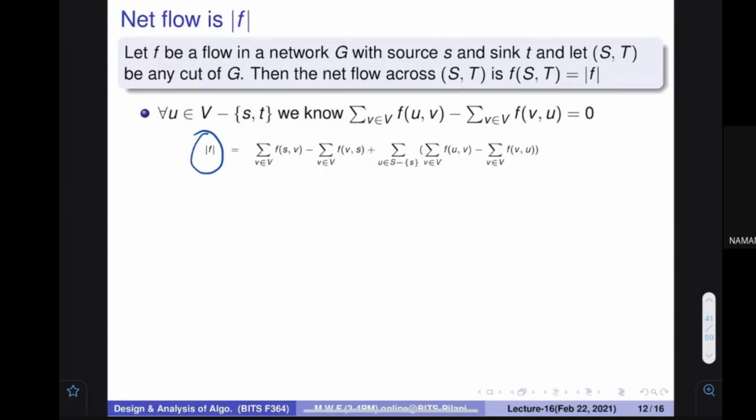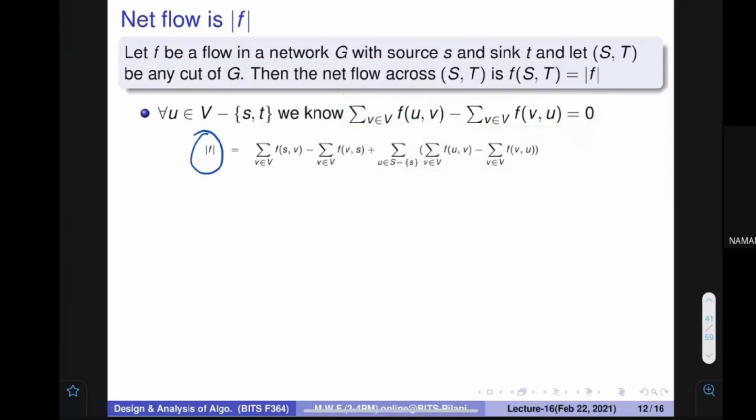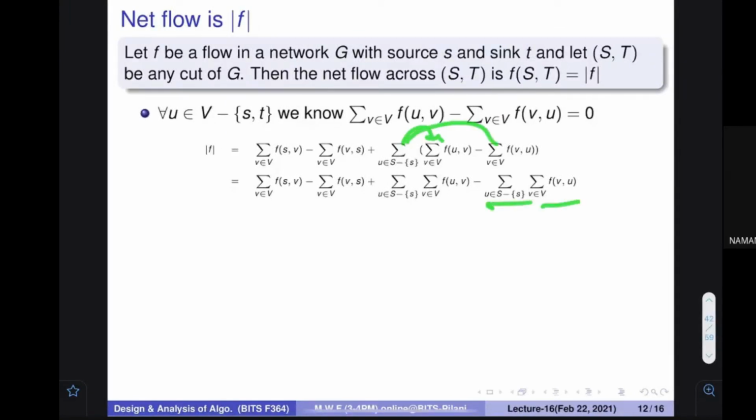It is called F. Here, I'm going to add one more term that is a very weird kind of thing, but just try to see what I'm going to do. This particular quantity whose value is actually going to be 0, I am going to use for v in capital S minus small s. For these nodes, I'm going to find out the summation of this term, just adding something. So what is this particular quantity? This quantity is actually 0. Okay, so if I open this, it would go inside, and here two summation terms would come.